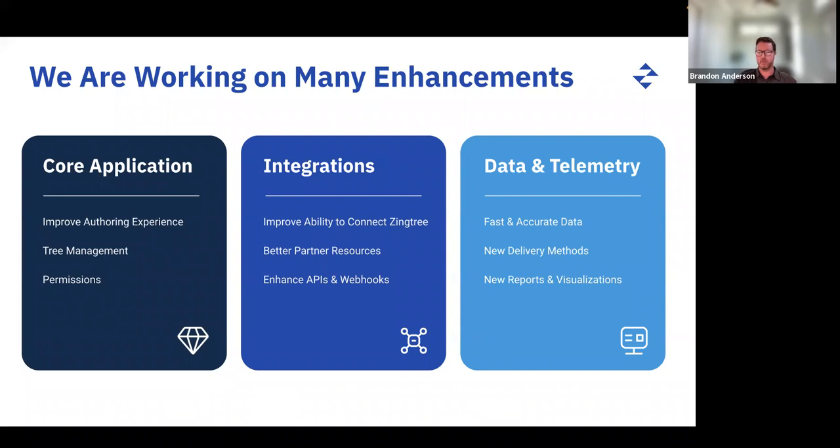And that really means listening to what you're trying to accomplish. The best way to do that is for you to just tell us directly. So we're all ears. And that goes for anybody in the audience, anybody who watches this webinar later on a recording. Please feel free to reach out to Zingtree at any time with your comments or suggestions on how we can improve.